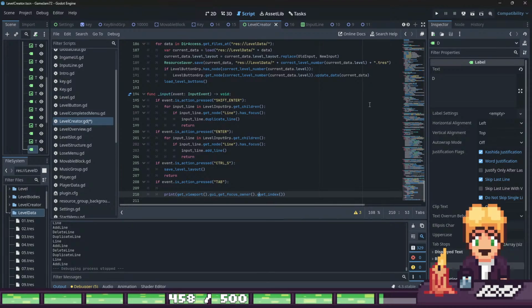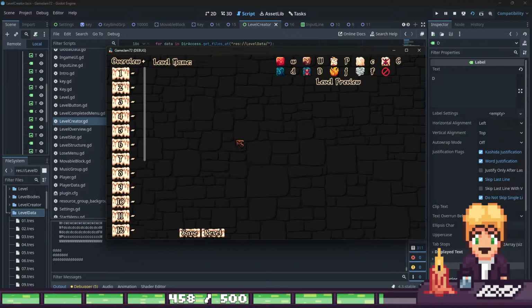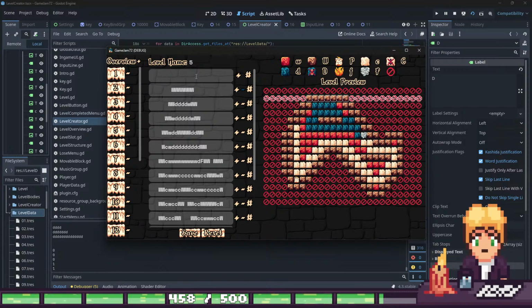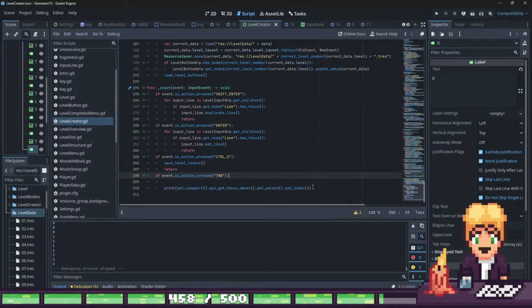Or like get parent dot get index. Because when we do get parent dot get index, we should get, as you can see, 1, 2, and so on. And the only thing we need to do